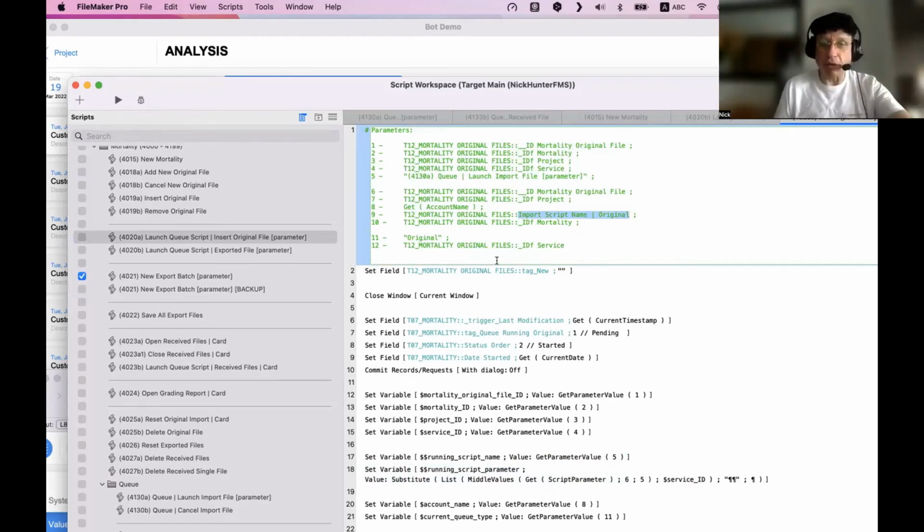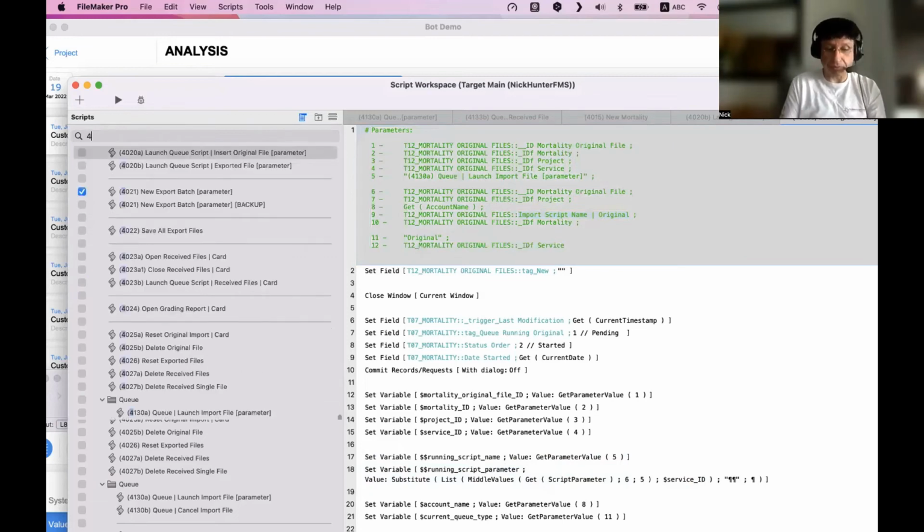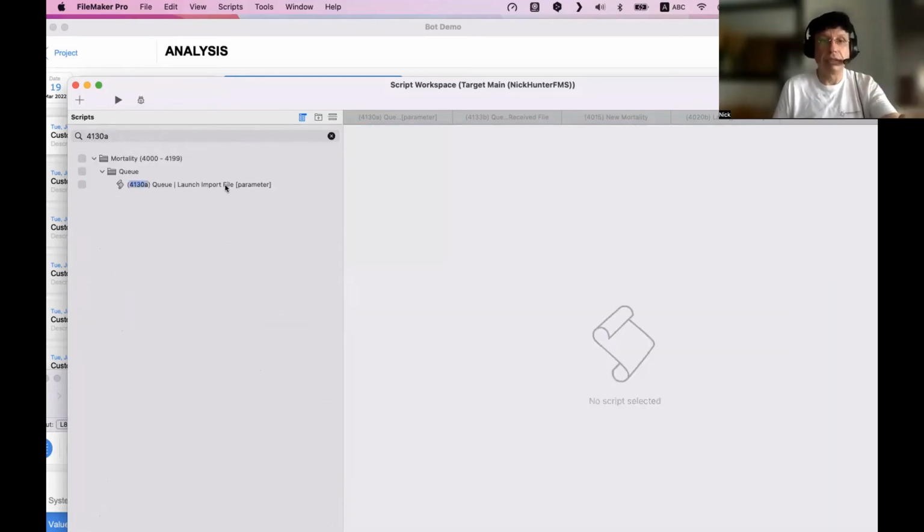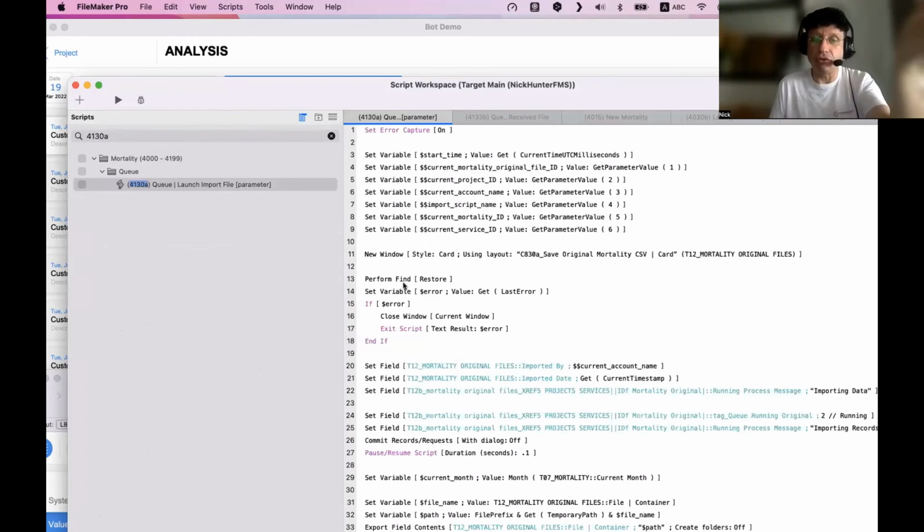Because this script here, the 4138, what is it doing? It's going to execute things in another context. So that's why I want everything to be script parameters. You remember, I am sending 6 parameters, right?